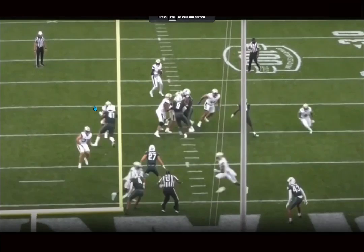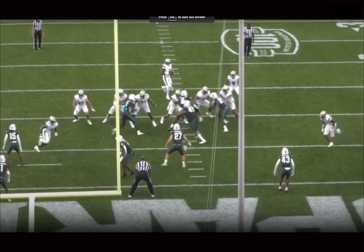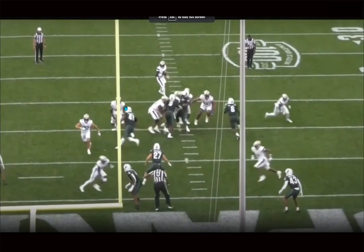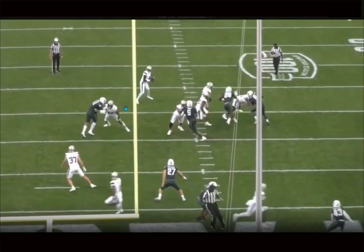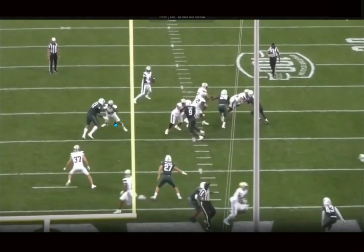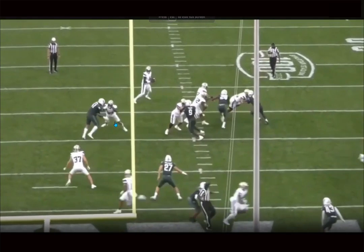Also sees the game pretty well, understands twists and stunts. Sees this guy attack hard to the inside, shove him with your hands, get him to the air, eyes working for the looper. You find him slightly out of position here, and he's still able to get back into a good spot. This is a tough spot to be in, right? So he gets them there, and then once he loses his balance, he's showing some flexibility in that lower half,